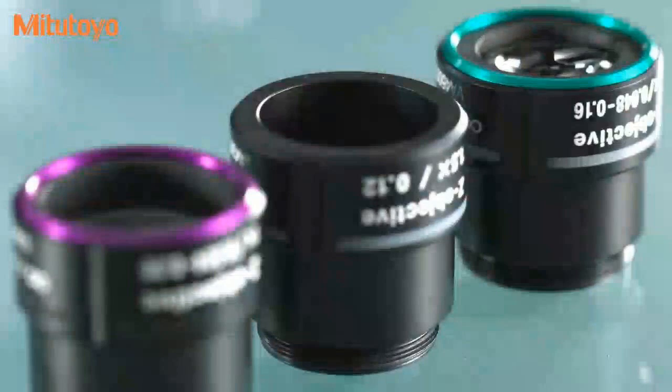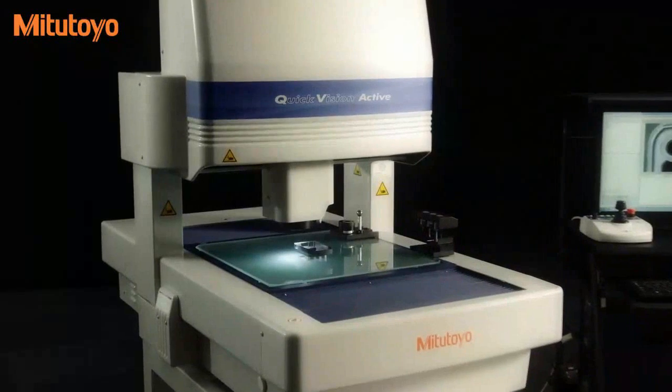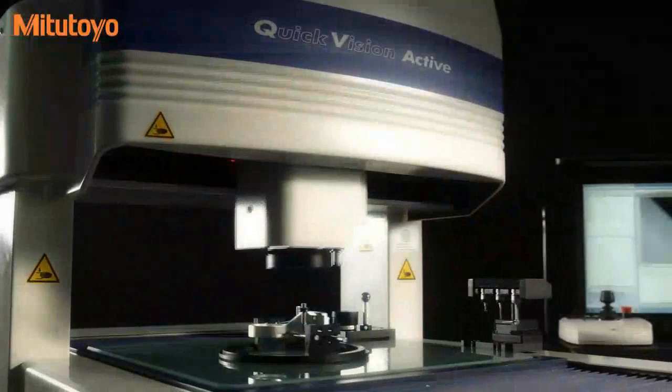The 8-step zoom lens can achieve a magnification range of 0.5 times to 7 times while maintaining crisp image quality. Quick Vision Active is available with measuring ranges of 10 by 8 by 6 inches or 16 by 16 by 8 inches, with or without the